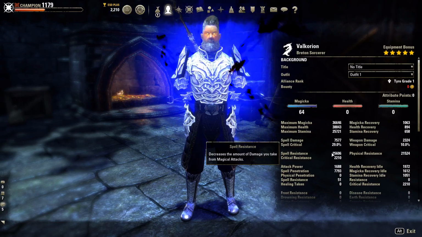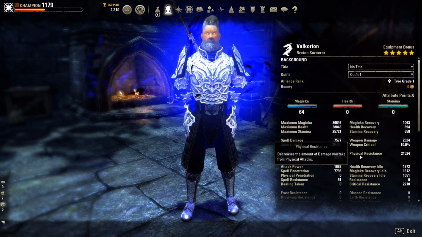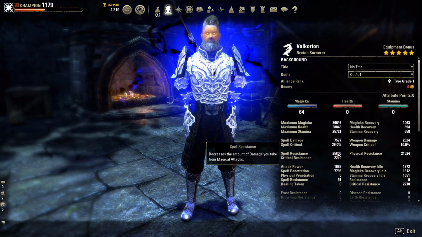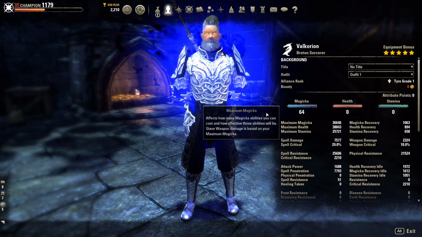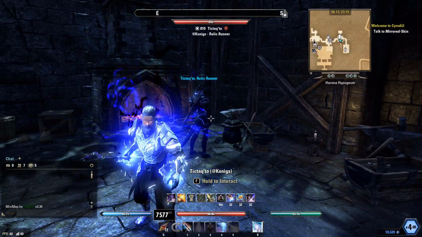So if we would have been a Nord, we would have hit 30k spell resistance, roughly 29k, just below that, and our physical resistances would have been at 25, 26k. So we would have been pretty beefy. But it is what it is. Let's buff up, and we're going to look at our tooltips on our abilities, and this is where it gets